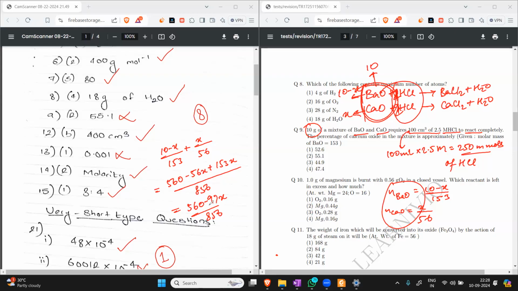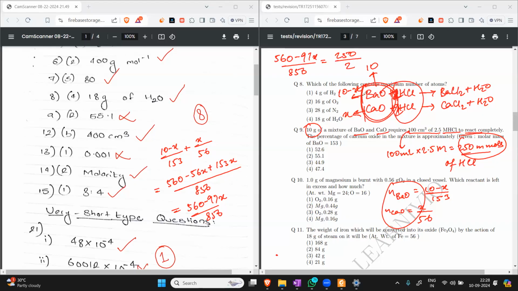This many moles we have, and this many millimoles of HCl is required. So ये double required हुआ होगा. 560 minus 97x upon 856 will be equal to 250 divided by 2,